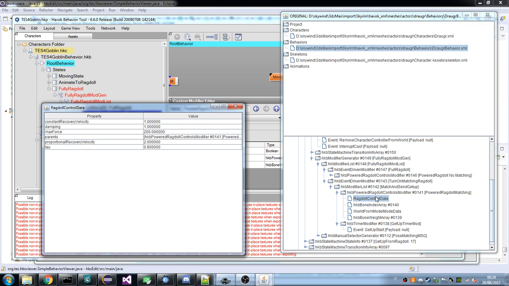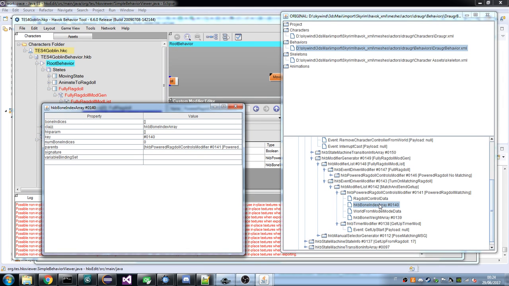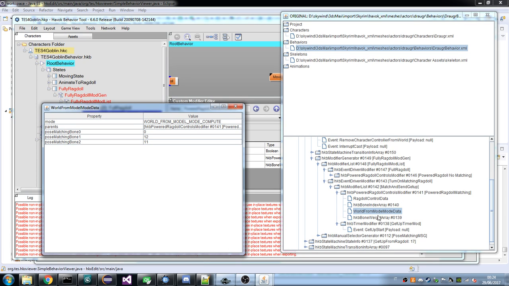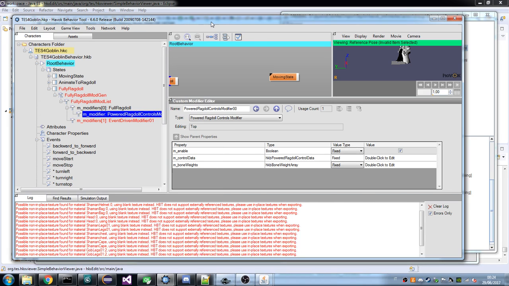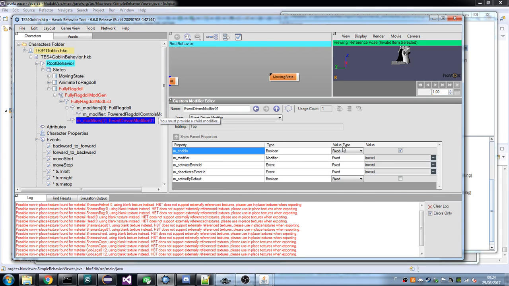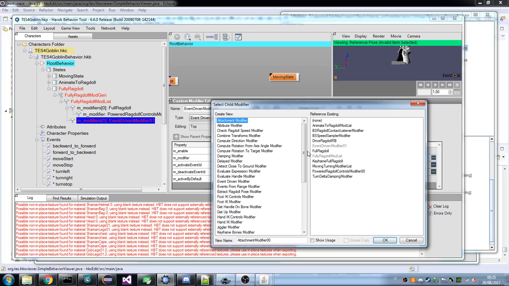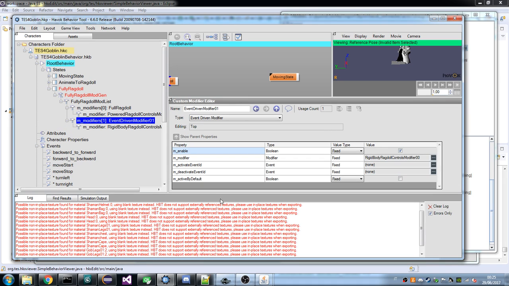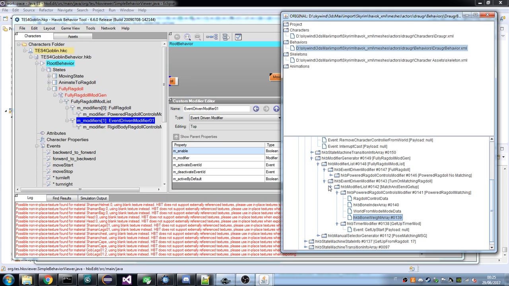And let's give a quick look at this. We can just add another modifier. Okay, and now